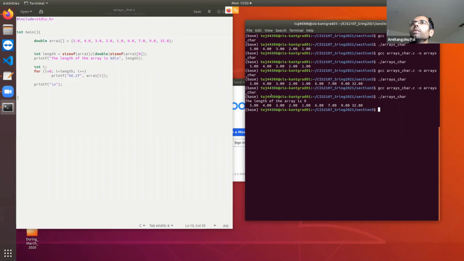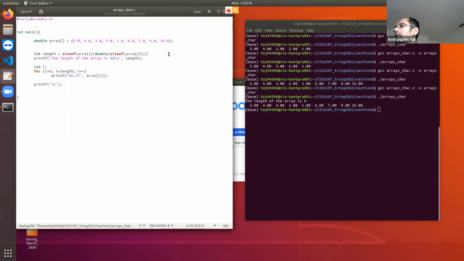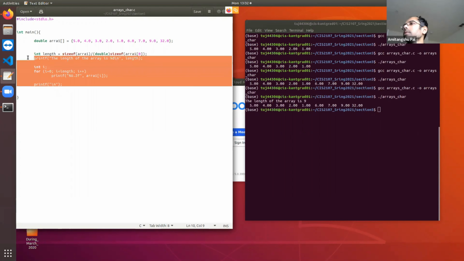So here you have 9 elements: 1 2 3 4 5 6 7 8 9. Okay, 9 elements. So you can add as many elements as you want. This program is flexible enough to accommodate all these things.